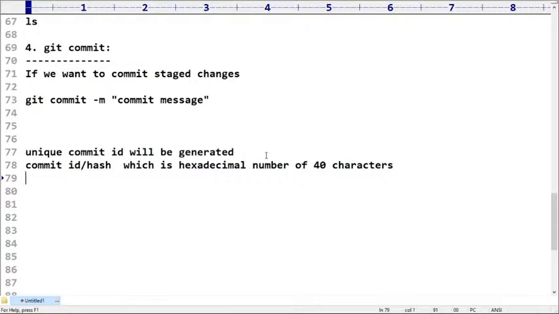Next, take very special care about this one, sir. Staged changes. What is that? Staged changes means, sir, whatever files are added in the staging area are by default considered as staged changes. Whatever changes are there in the staged area, for every commit,